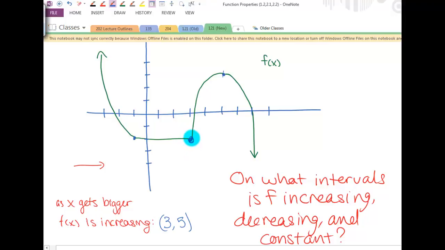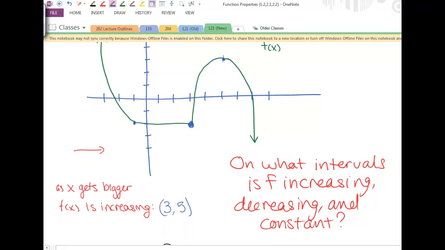And that's because if I look specifically at the point x equals 3, the function's not really going up or down there. It just is a point. So we say it's increasing between 3 and 5, but not at the endpoints. On this graph, that's the only place this function is increasing, so then we would look at decreasing. This function is decreasing right away, so I would start my decreasing interval at -infinity, and it stops decreasing, looks like at -1. And then it also decreases on the other end, so starting at 5 and going on to